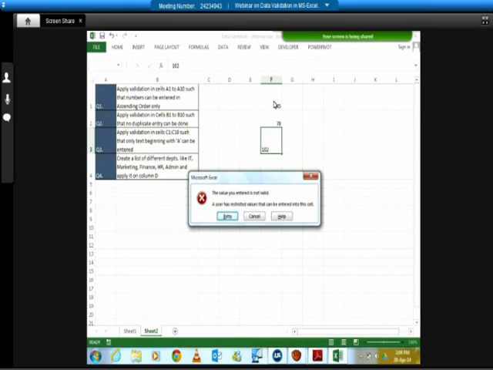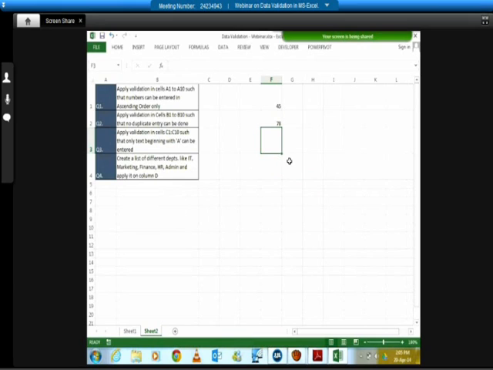And over here we have a button of retry or cancel. So if you are not providing the right value, it is going to come again and again till you give a value which fits into the criteria. If I press cancel, it will take away that value and the empty cell would be there. So this is a very basic example of the whole numbers.